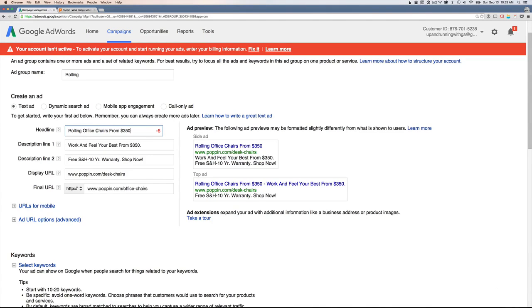We could take out chairs, and we could take out the word office, and we'll probably be okay. But I like the word office because that indicates that this is specifically catering towards office use, which is what our company does cater to. So let's see what we could do to narrow this down. So rolling office chairs, we could maybe change office to desk to get a few less characters, and now we're only -4. Rolling desk chairs,